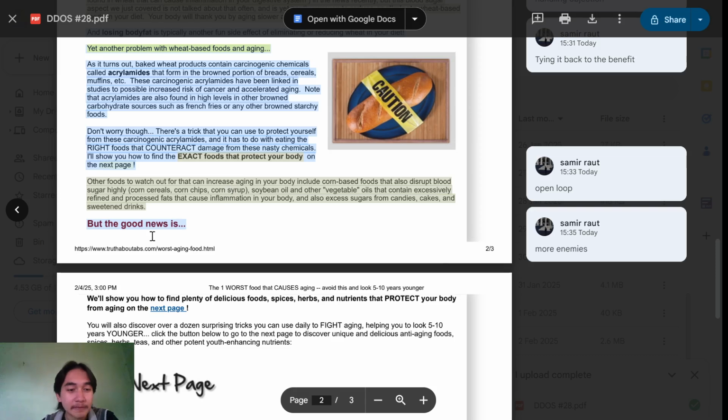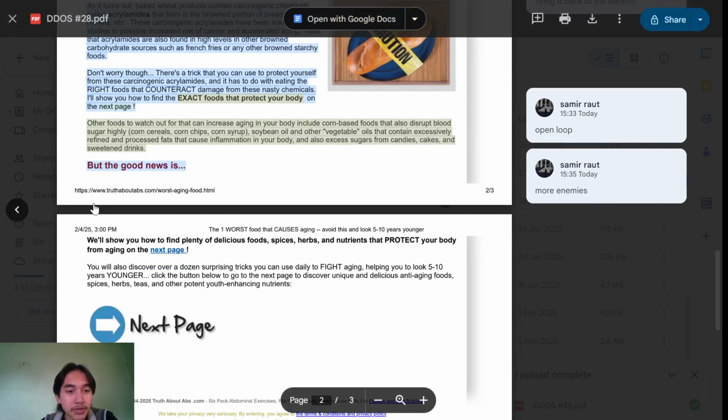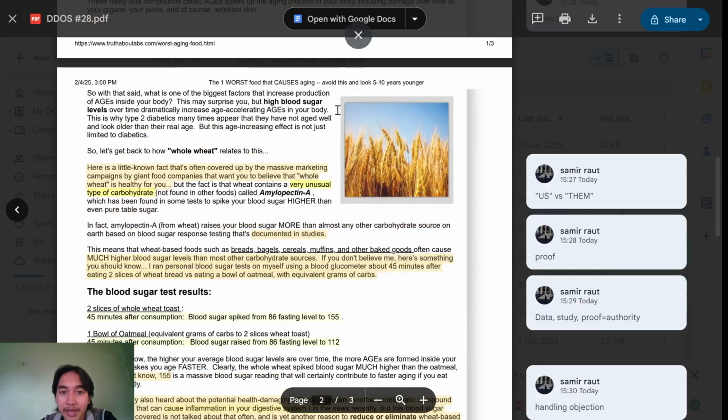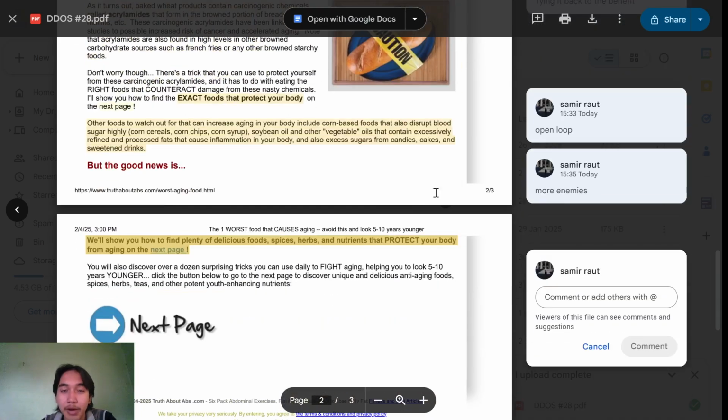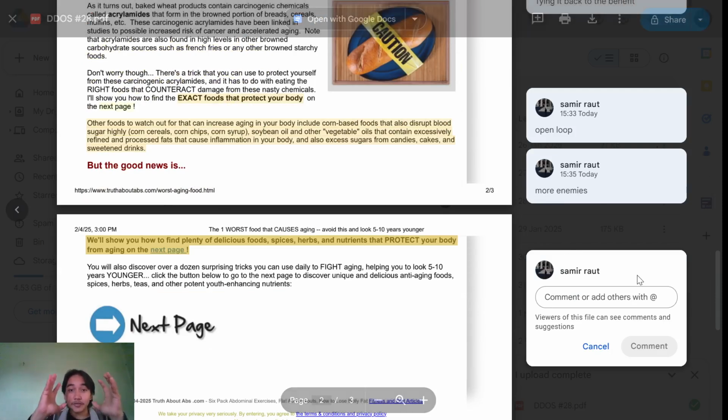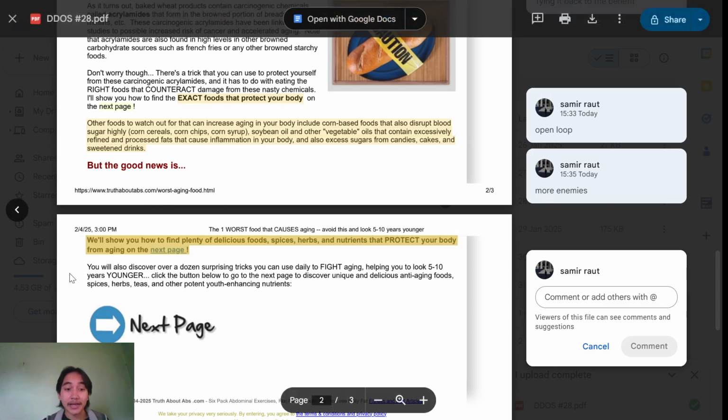Of course I'm not. But the good news is we'll show you how to find plenty of food, spice, and protect your body from aging on the next page. So it's definitely gonna do that. There's a lot of enemies. I need to fight the enemies. I'm problem aware. Tell me the solution. It's the natural and gradual shift that's eventually gonna happen. They either click on the next page